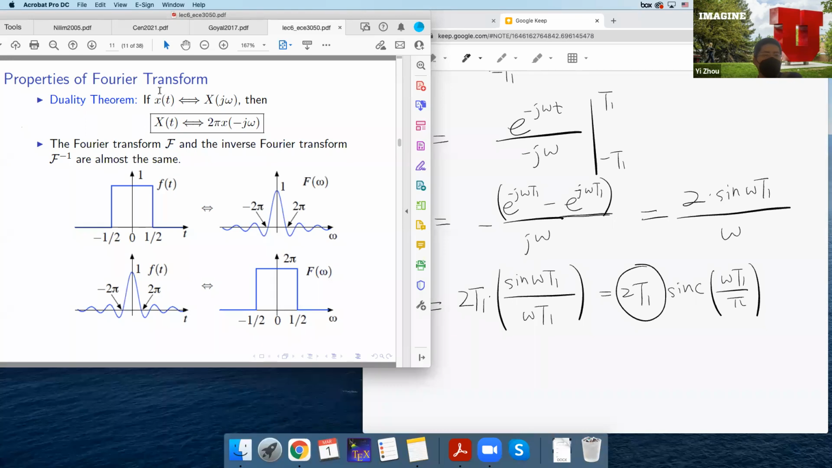It says that if the signal x(t) has a corresponding Fourier transform given by capital X(j omega), then these two are functions in the time domain and in the frequency domain respectively, and they form a Fourier transform pair. If we can obtain this spectrum from this signal, then